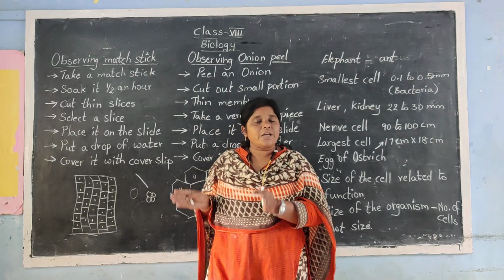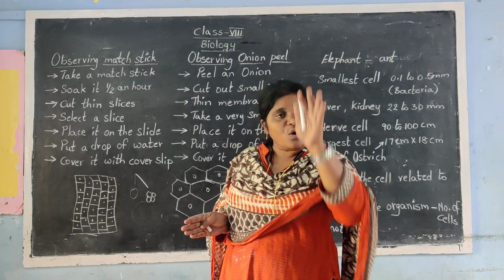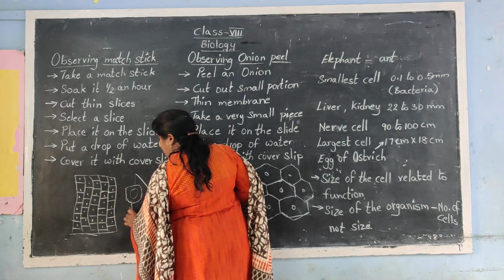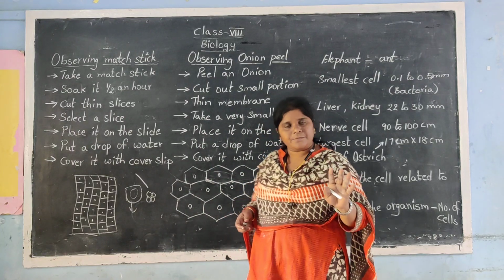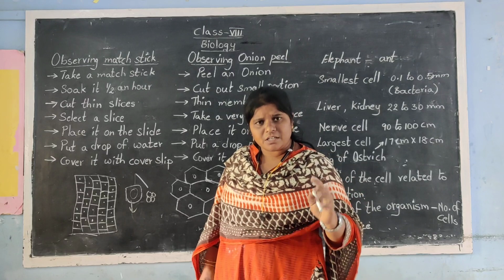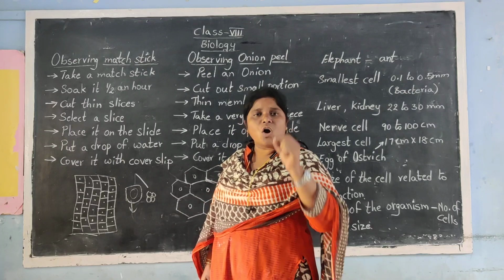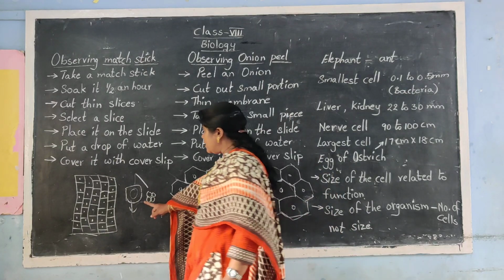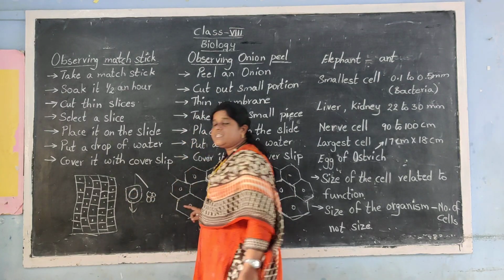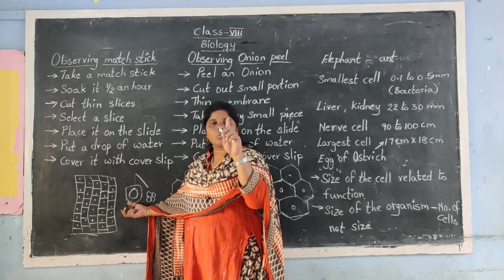And in the previous video, I clearly explained how a unicellular organism is able to maintain all its functions. This single cell is capable of undergoing all the functions necessary for the body. Maybe respiration, maybe excretion, maybe circulation, whatever functions are necessary for an organism to exist, all the functions are undergone only by that single cell. So that is why it is called what? Unicellular organism. Uni means one.